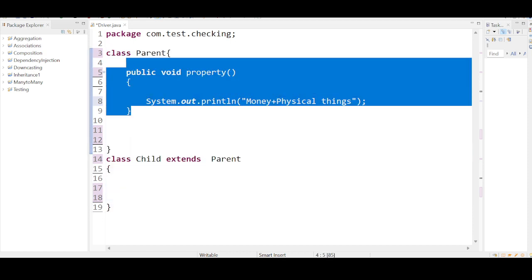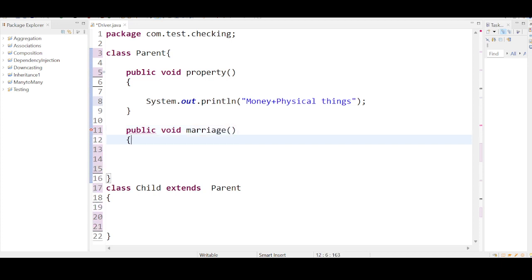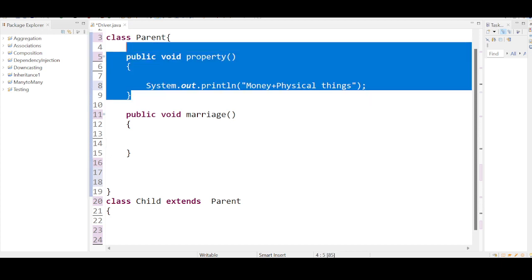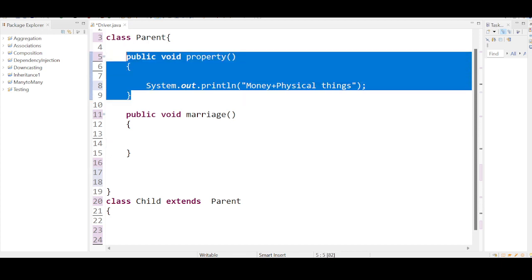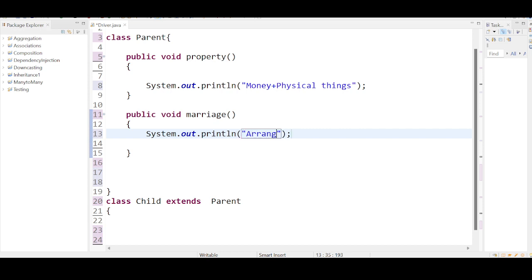So property is involved. Along with the property, they might be having a kind of marriage. They want you to enjoy this property that is generated and created by them. At the same time, they want you to get married. They say, my dear child, I want you to get married, and the marriage should be an arranged marriage,